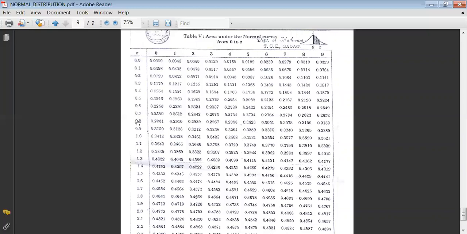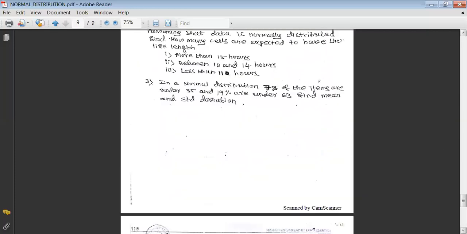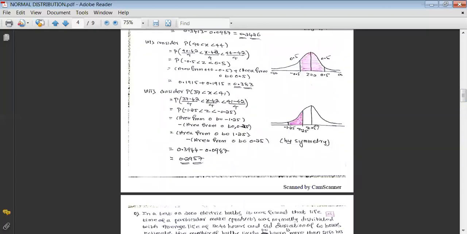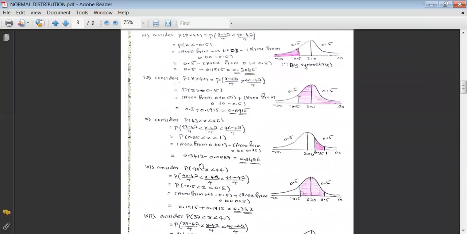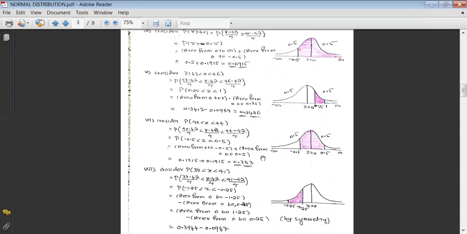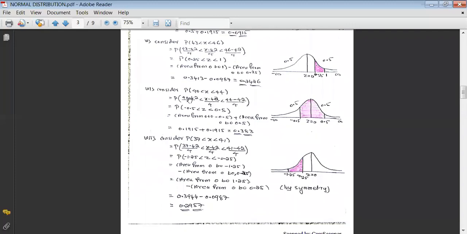Okay, and for 0.25, 0.2 and the mean difference 5, that is 0.0987. Now for this one, that is 0.3413 minus 0.0987, its value is going to be 0.2426. Now for the next one, we want the probability that the normal variate lies between 40